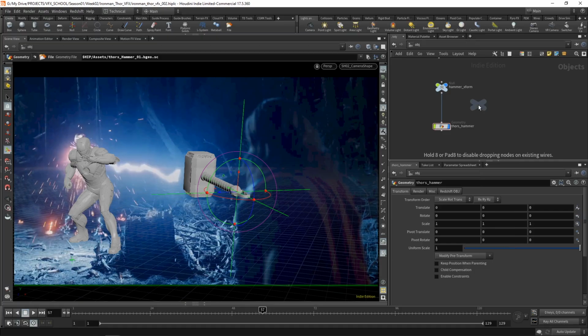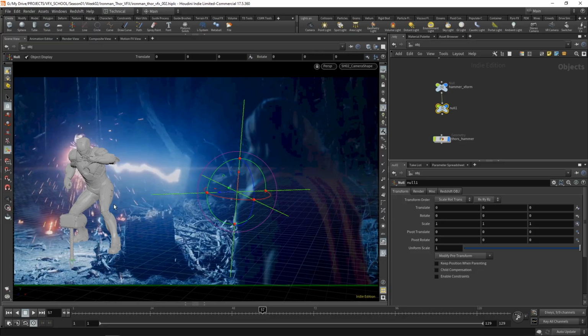So if I create a null, I'm going to put it right here, and if I disconnect the hammer, holding Y and click and drag, so the hammer goes automatically back to the original position. Doesn't really matter. This is going to be just animation, hammer animate. This is the null that we're using to position. Even if I hide this null, so this null is no longer visible, is the null that I use to